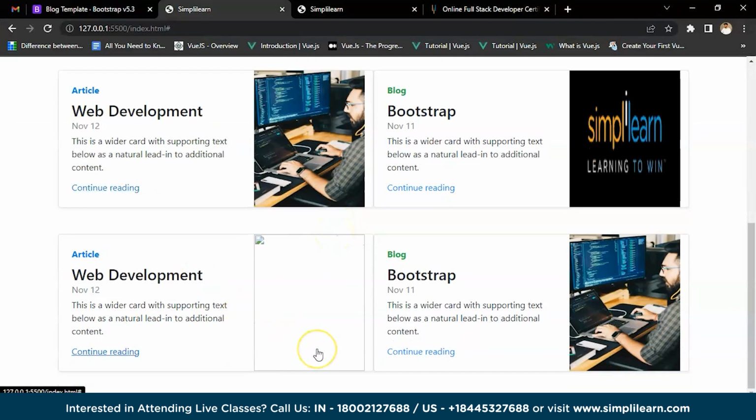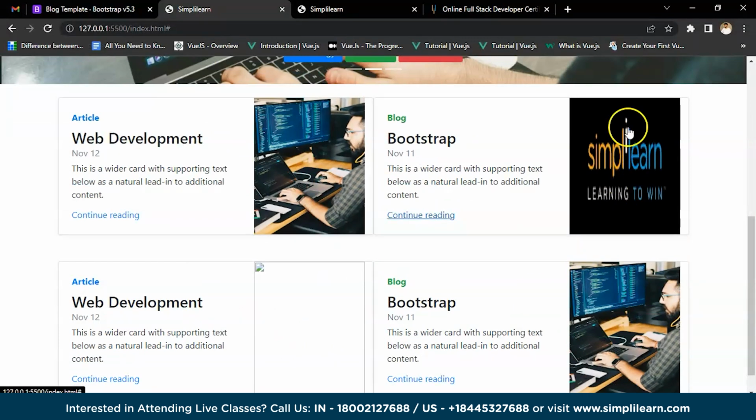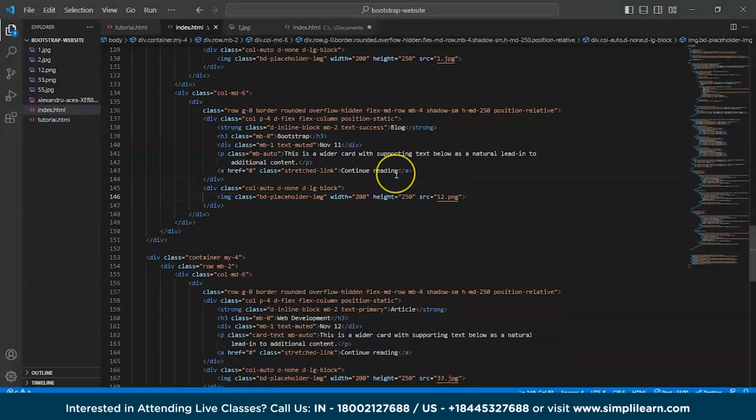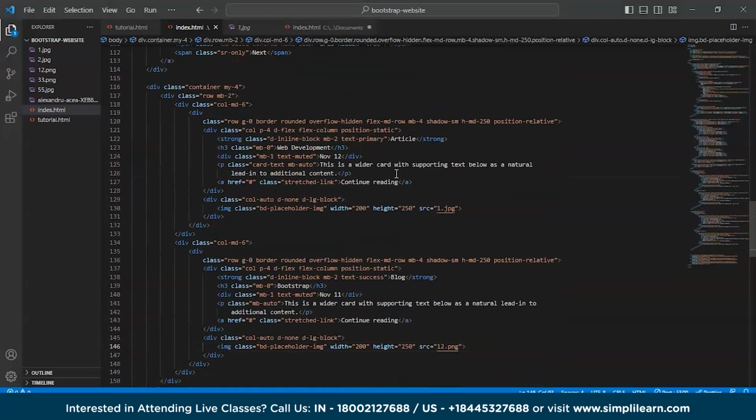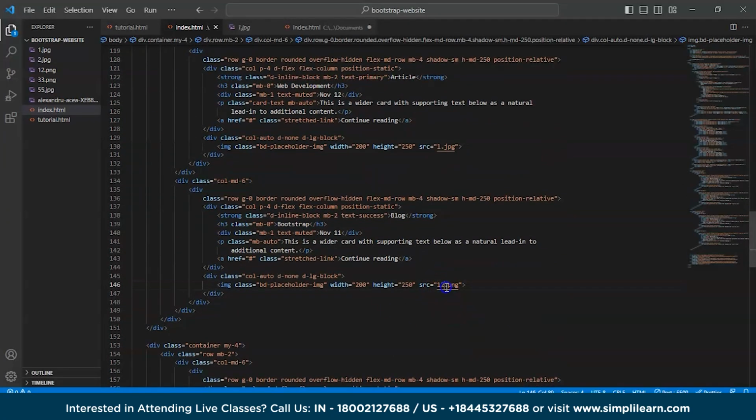Okay, let's save it and see. This one is not looking good, it's looking so clumsy. I don't want to use this one. So let's change this one also from 12 to